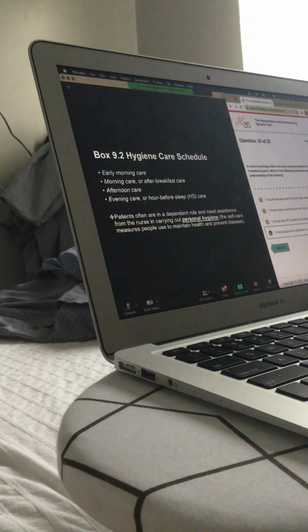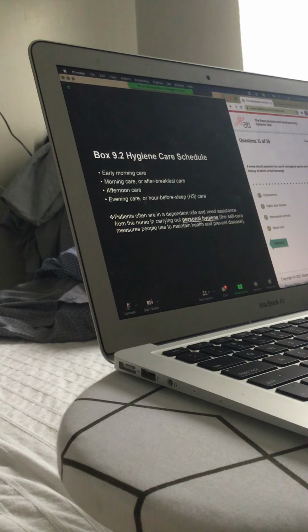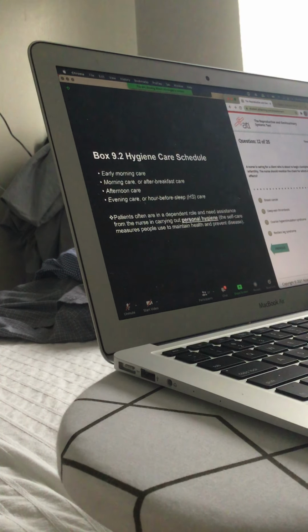So what can you offer in the afternoon care for the patient? Washing the hands, washing the face, and maybe another set of oral care for them. Or if they are pretty much dependent, maybe offer them a bedpan, right? And then the last part would be the evening care or hour before sleep. This is again another important component when you perform hygiene care for your patient. Then what do we do here now on the